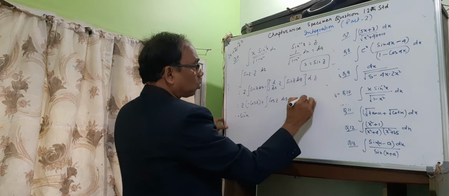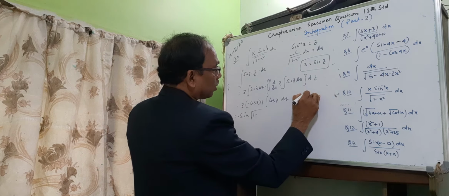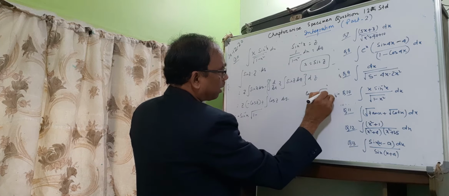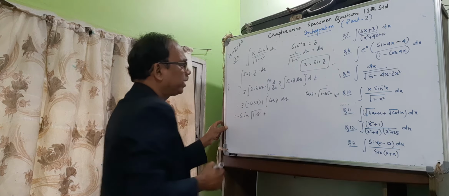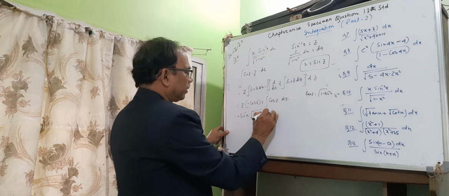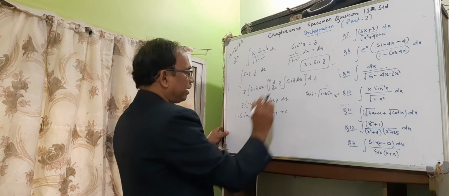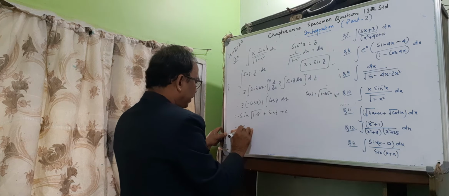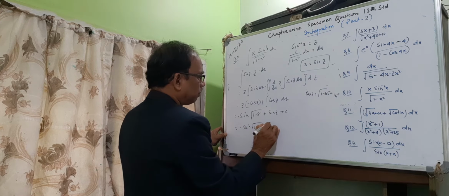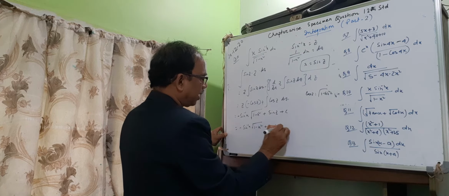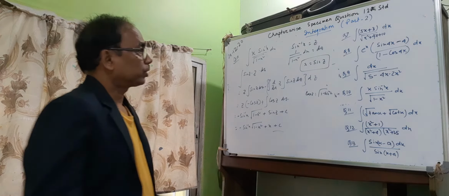So it is minus cos z, where cos z is root over of 1 minus sine square z, that is root over of 1 minus x square, plus the integration of cos z, which is sine z, plus c. What is sine z? Sine z is x. So the next step: minus sine inverse x root over of 1 minus x square, plus x, plus c, where C is an arbitrary constant. That is question number 10.